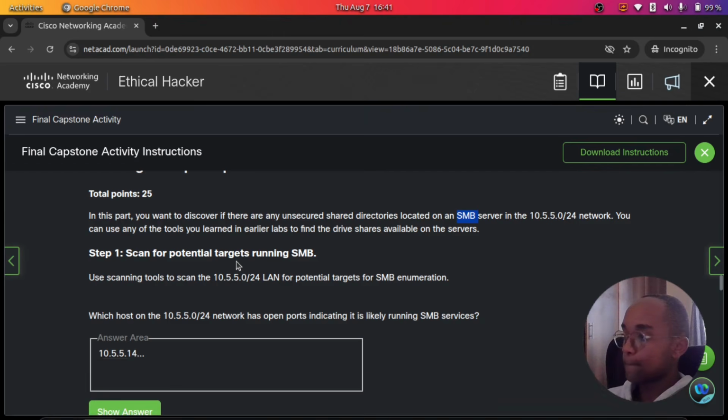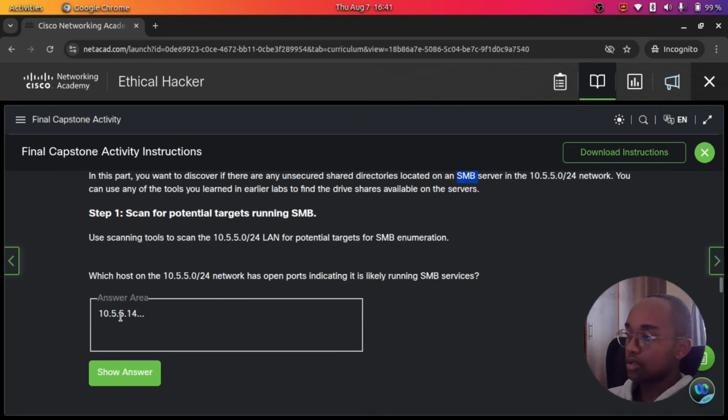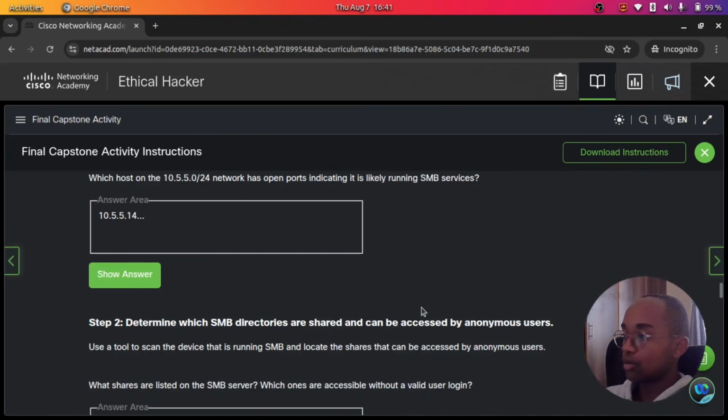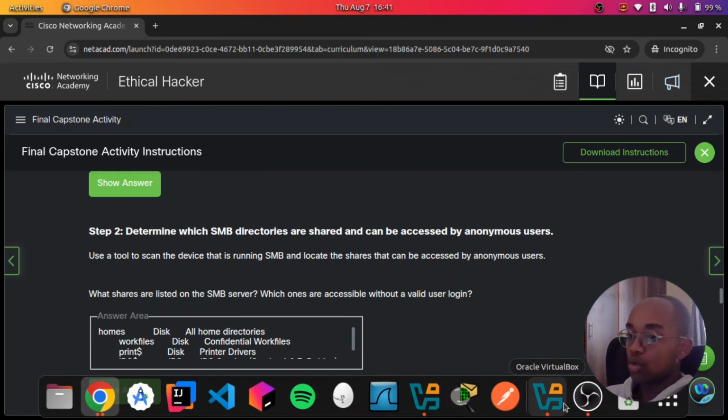So which host has open ports? It is that one, because as you can see, it has both of them open, which indicates that it is running SMB. Determine which SMB directories are shared and can be accessed by anonymous users. Use a tool to scan the device that is running SMB and locate the shares that can be accessed by anonymous users. For this, I'm going to be using